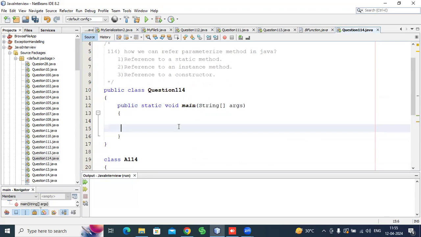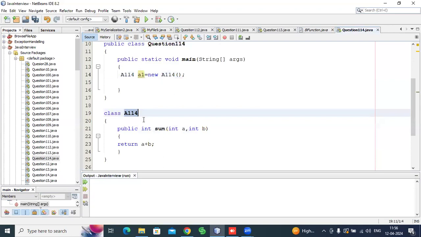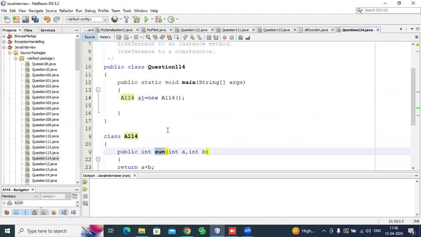For that, first of all we will create the object of A114, a1 = new A114. This is the object of this class, and we want to refer to this method.